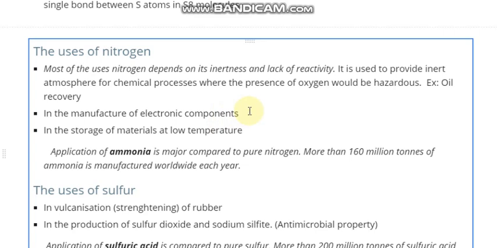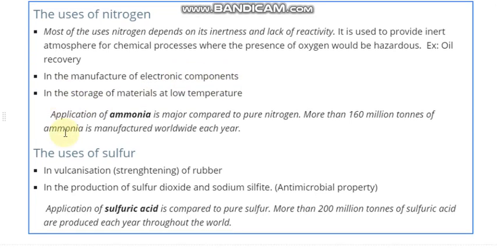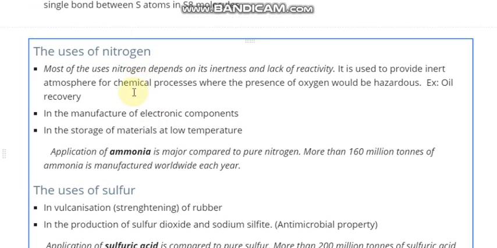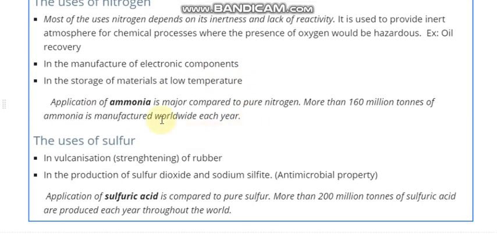This pure nitrogen provides a blanketing layer for these electronic components. Liquid nitrogen is used in the storage of some materials. Pure liquid nitrogen is used in storage. Okay. Ammonia is the most important compound of nitrogen,